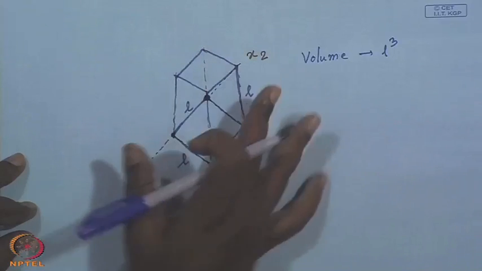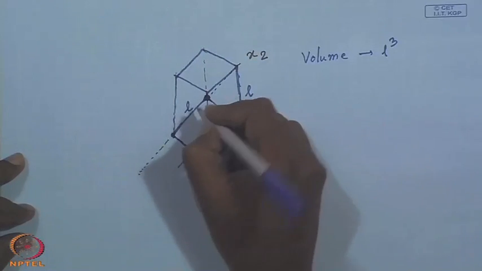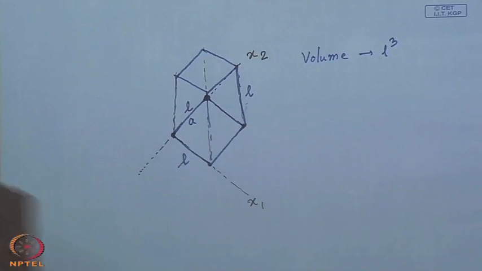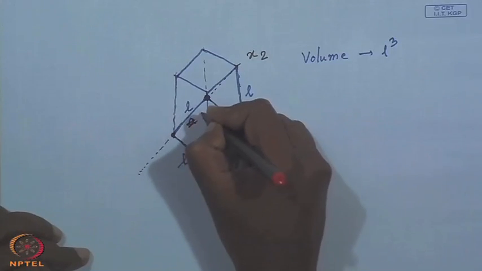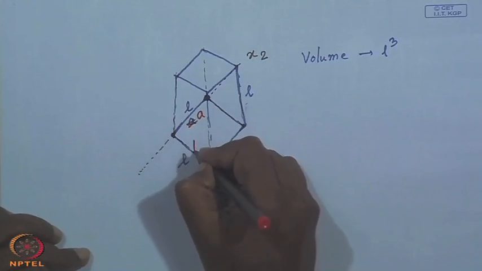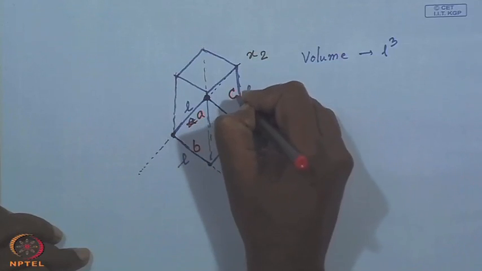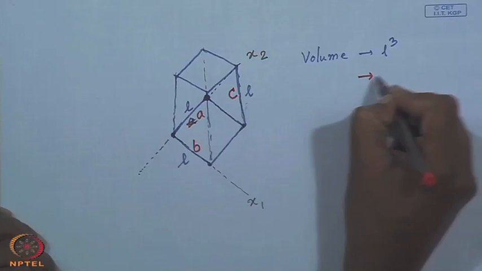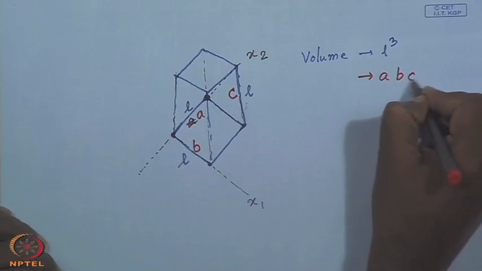Now, if the amount of drags are different, suppose this drag is A, the amount of this drag is B, the amount of this drag is C, what I get is a parallelogram whose volume is simply A, B, C,